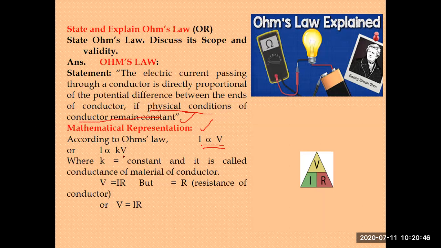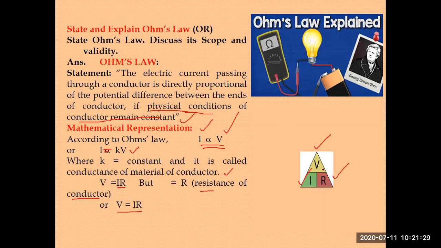So here we have placed a constant in place of the proportionality sign, and here it is I = kV, where k is basically a constant. It is called the conductance of the conductor, and V = IR, where R is the resistance of the conductor. If we keep the resistance of the conductor constant, then this relation of current being directly proportional to the potential is applicable. And we will see there are three parameters used in Ohm's law. Number one is potential, number two is current, and number three is resistance.